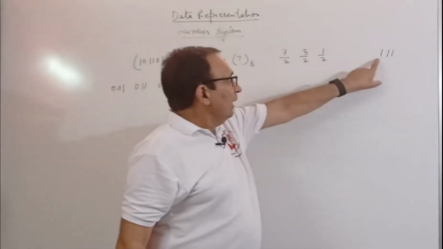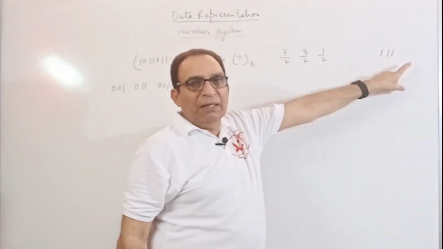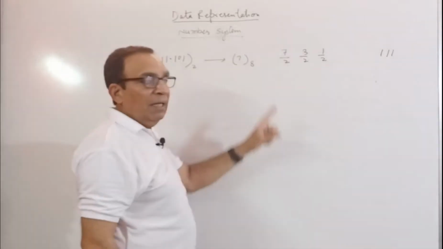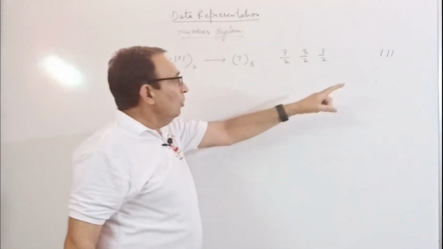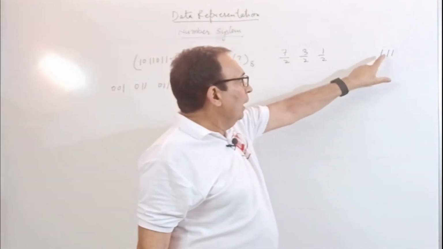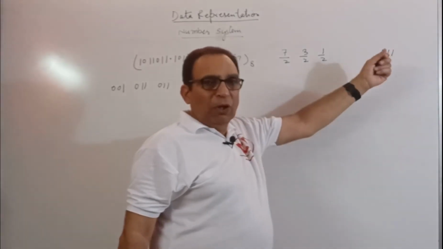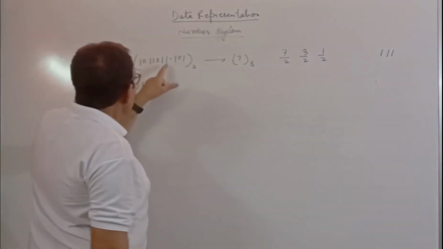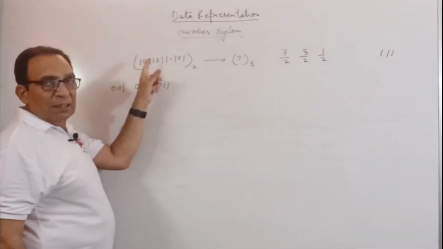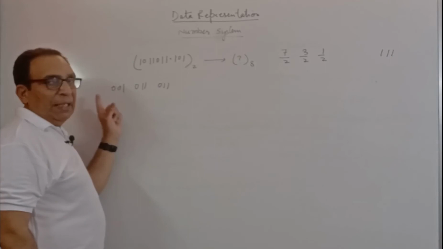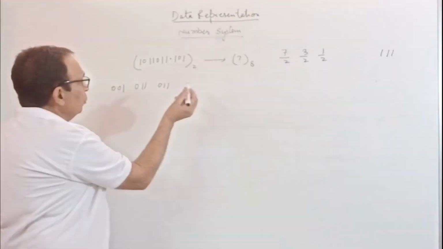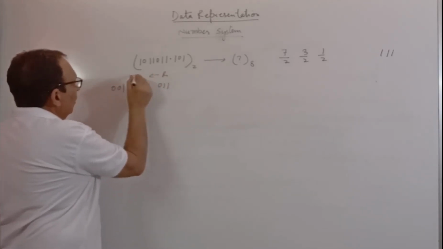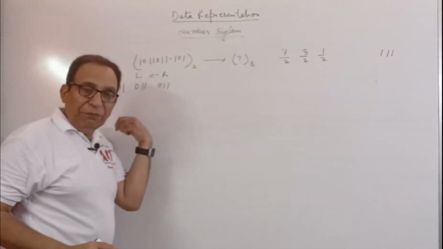So, a group of 3 bits, 111, which is binary, is representing one octal number, which is 7. So, if largest is represented by 111, the smallest can also be represented by 3 bits again. So, we are dividing this binary number into groups of 3 binary bits. Same thing, and it is to be done from which side to which side? It is to be done from right to left when it is before the decimal.